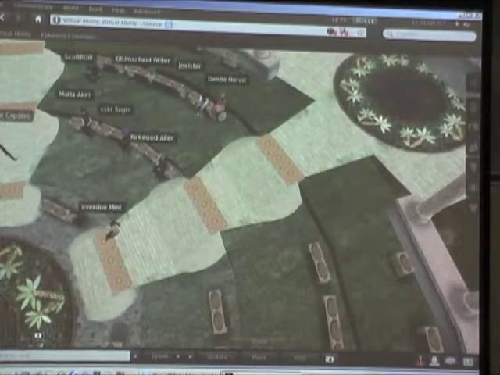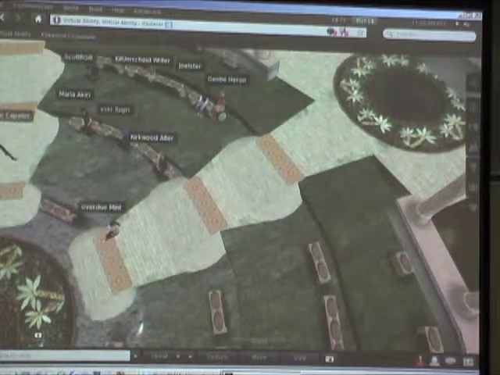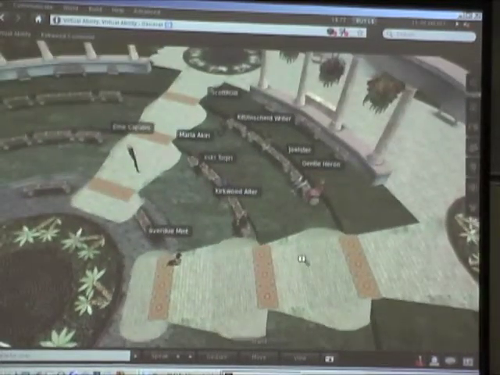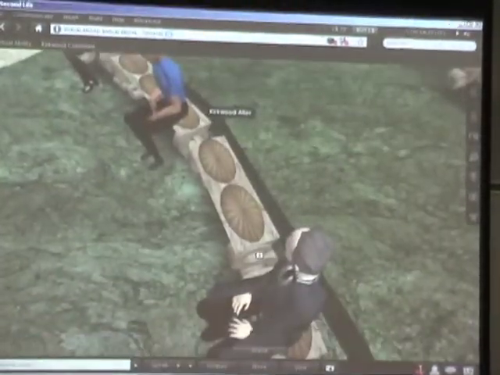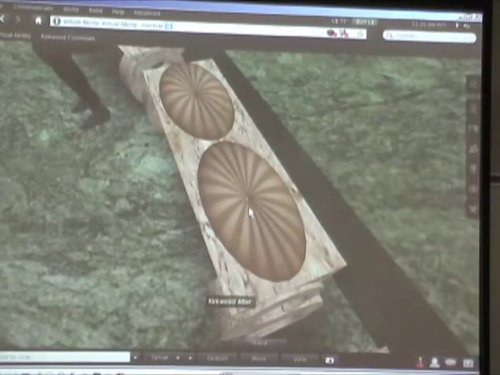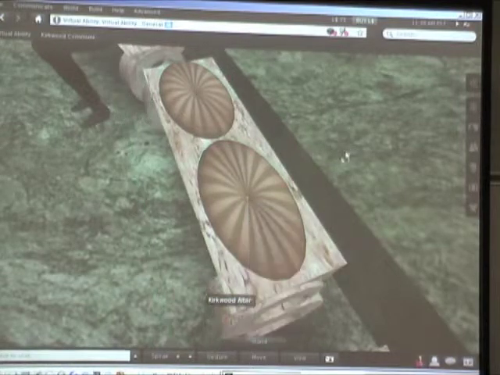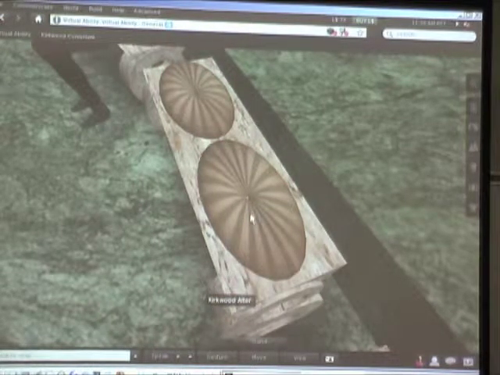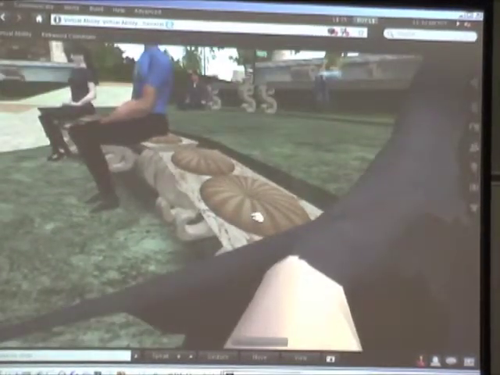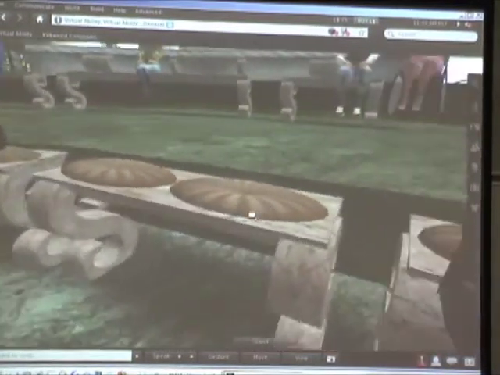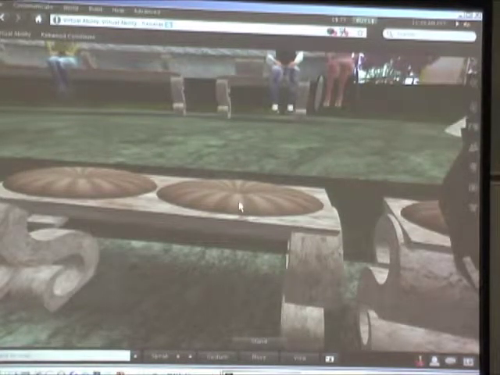Each cushion has a different number on it. When we have an event here, we'll have a greeter, and if somebody comes in using that special viewer, our greeter can say that seat number 12 is available, and that person can go sit in that cushion.